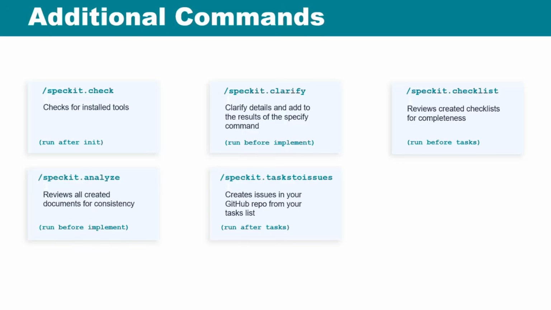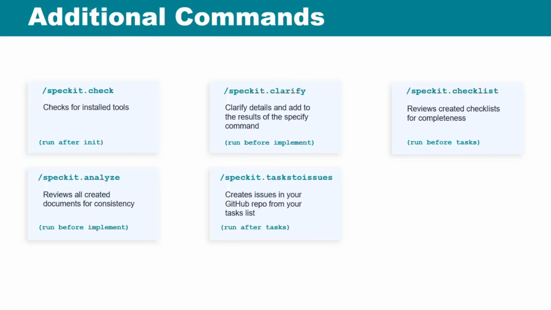But in order for you to turn over the implementation task to the AI to start the coding, all the checklists have to be signed off and accepted. And so if you want to check the status of the checklists, then you'd run that checklist command. It'll go out there and look at it and say, okay, all these checklists are complete, I'm ready to go. Or it might say, okay, this checklist has 5 items that still need to be checked off. Here's what we need to do to address those items, whatever it might be.